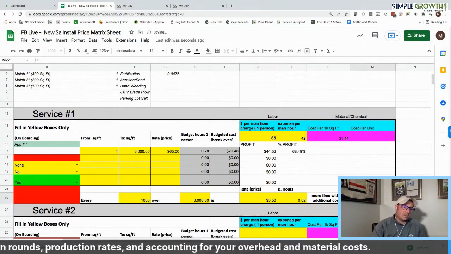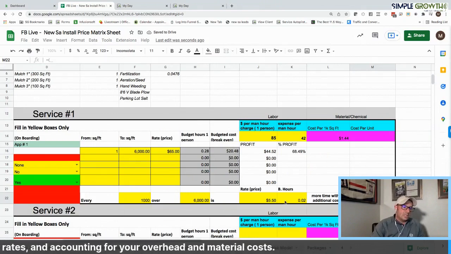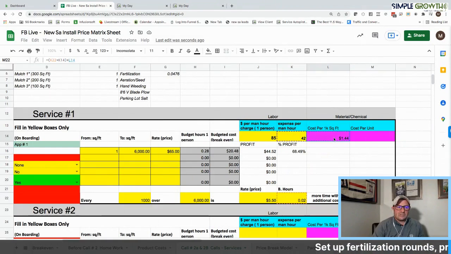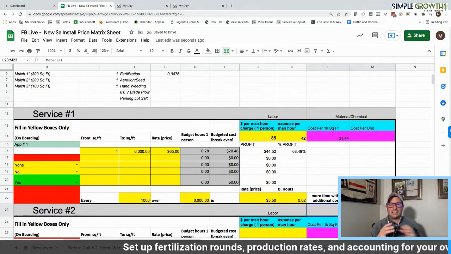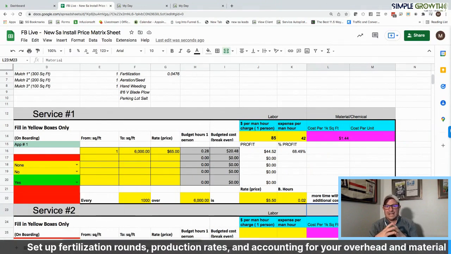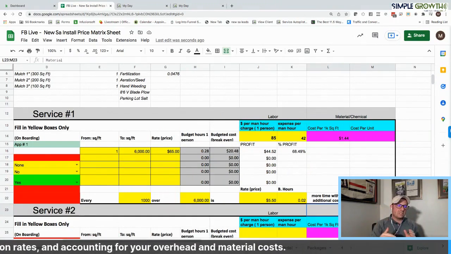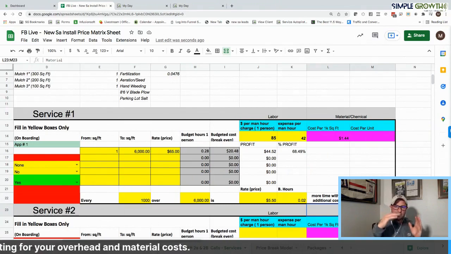And then our budgeted cost is going to be our 0.02 times our break-even cost plus the cost of our materials break-even per 1,000 square feet. So we're charging $5.50. It's costing us $2.28. That's the profit that is left on app number 1. So what we're going to do is continue to build this matrix based on the 3 to 4 or 5